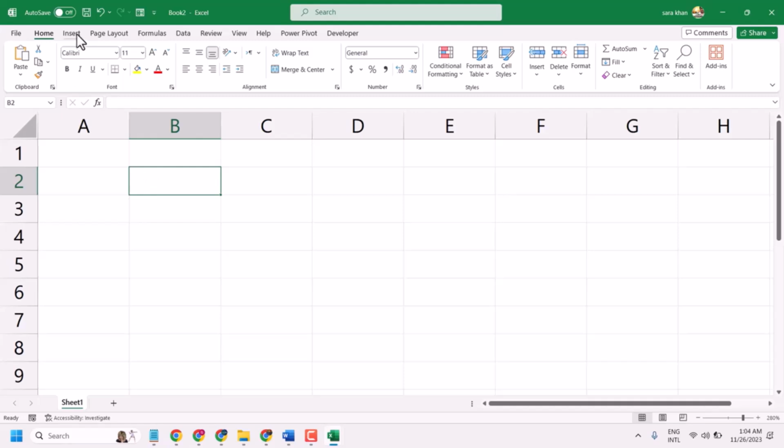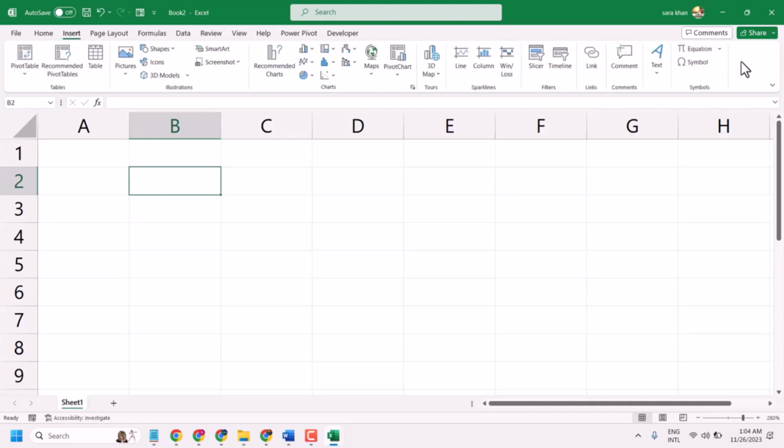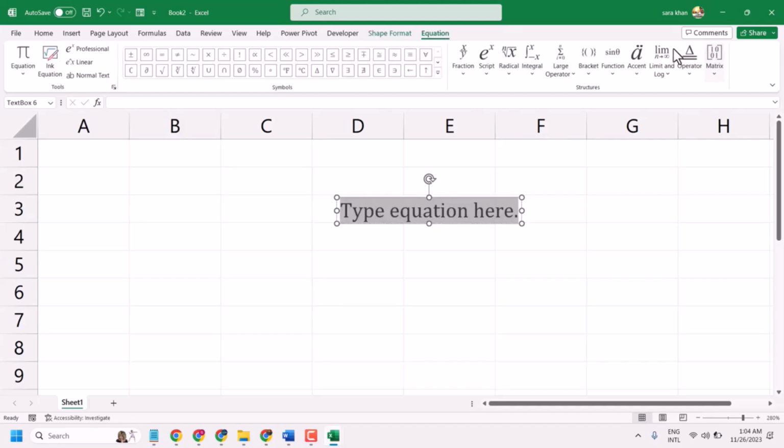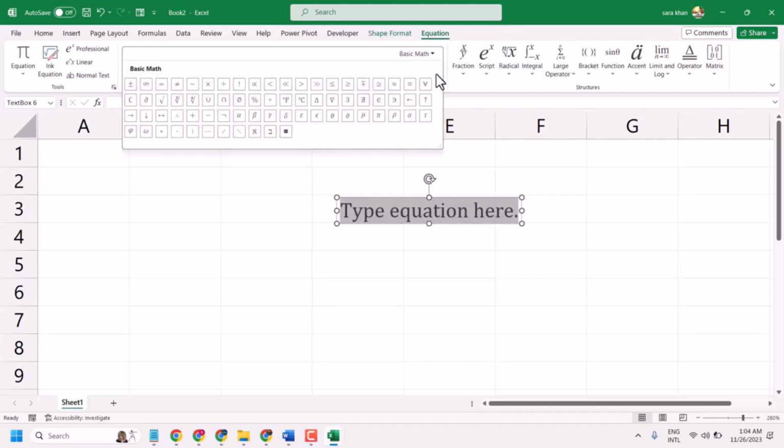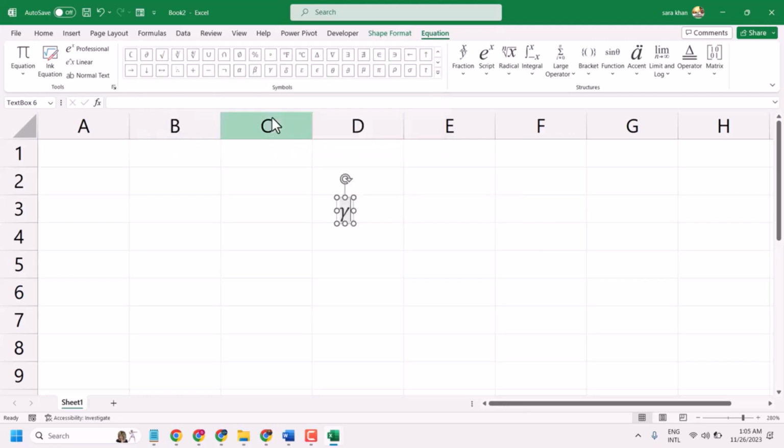Hello friends, in this video I will show you how to write the gamma symbol in Microsoft Excel. So to write this symbol in Excel,